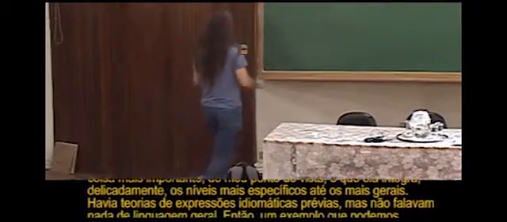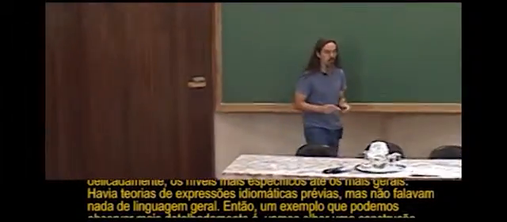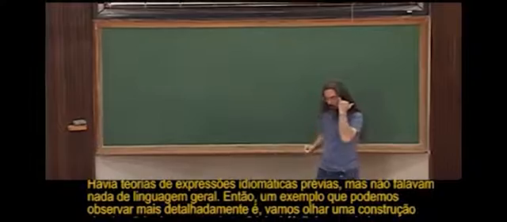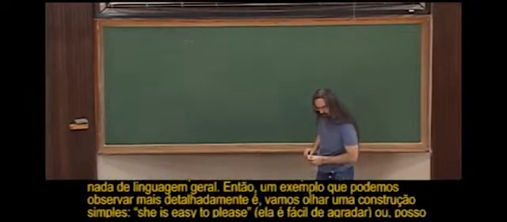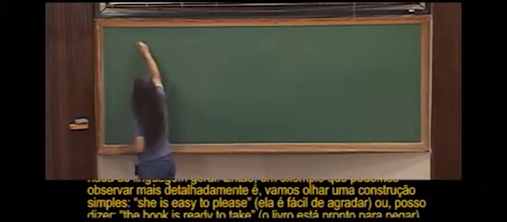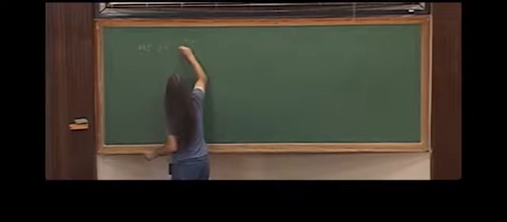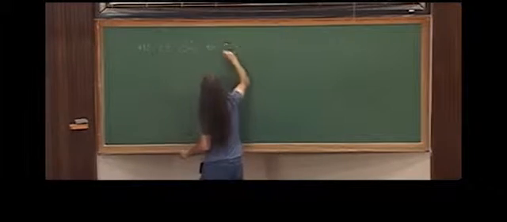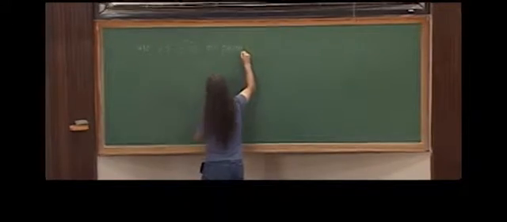So that there were previous theories of idioms, but they didn't say anything about general language. So one example we could look at in a little bit more detail is, let's look at the easy construction. So if I say, I can also say,